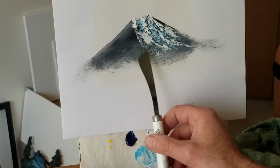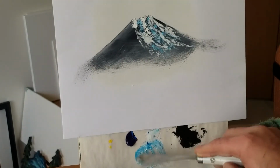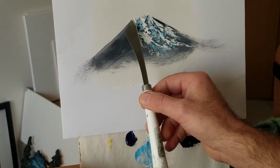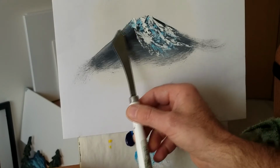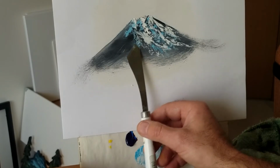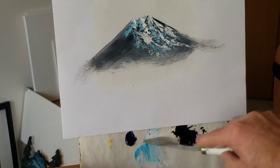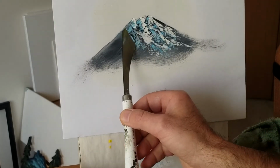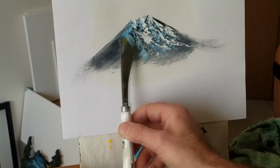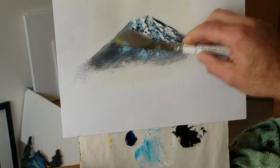And what that does is it starts creating this illusion of little peaks and valleys in the mountain, and it really makes it pop quite a bit. And so again, I'm going to pull this down, and as I get to the wider areas where I don't have to be so careful, I can use the wider portion of my knife so that I can cover more area there. But you kind of get the idea that now we have a pretty realistic look of a